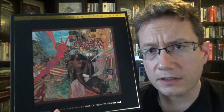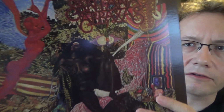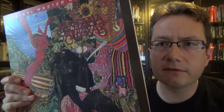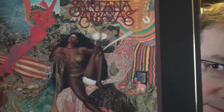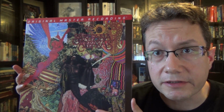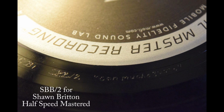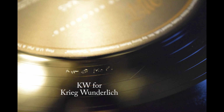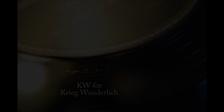So just to show you, I do have the 33 RPM pressing of this guy, and look at how grainy the artwork is. It doesn't even compare to what they did here. So much clearer. Now the original on 33 RPM was done by Sean Britton, as I'm showing you here. This version is done by Krieg Wunderlich, and not only is the box really attractive, and of course it's limited,